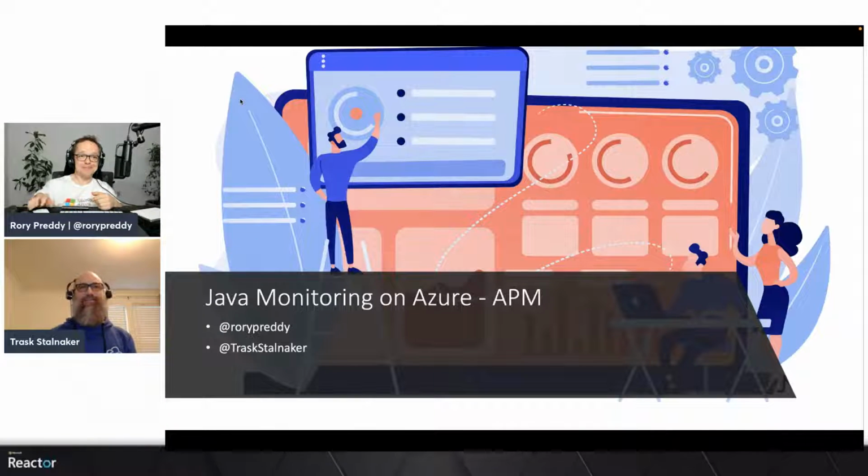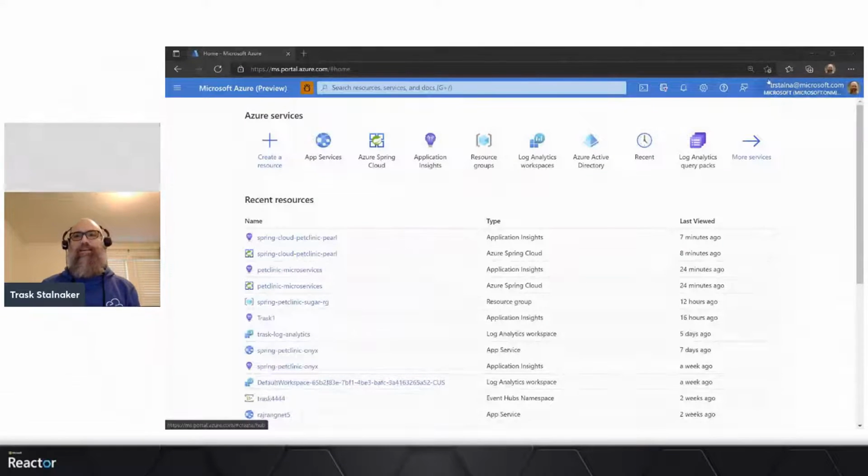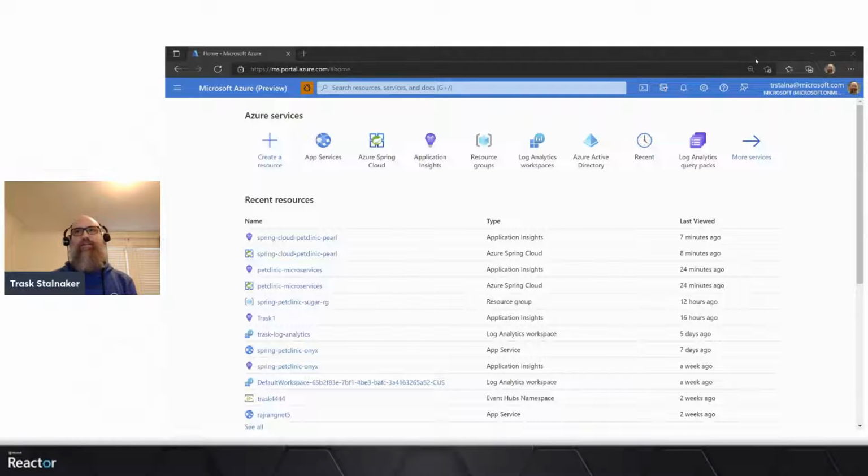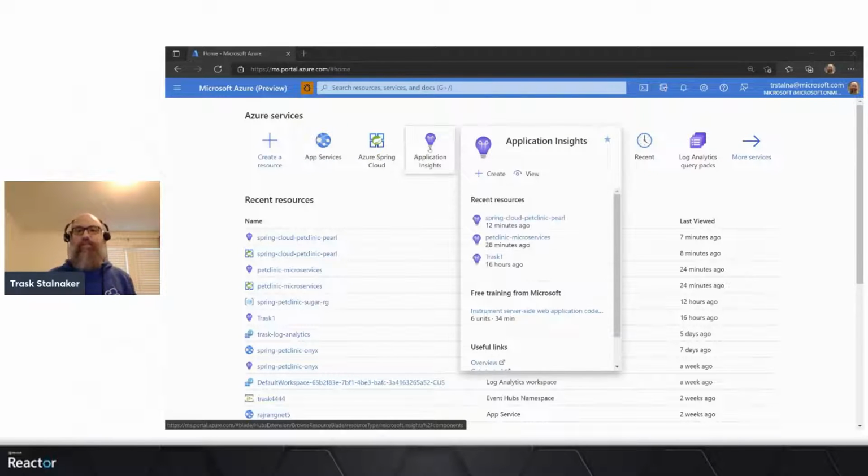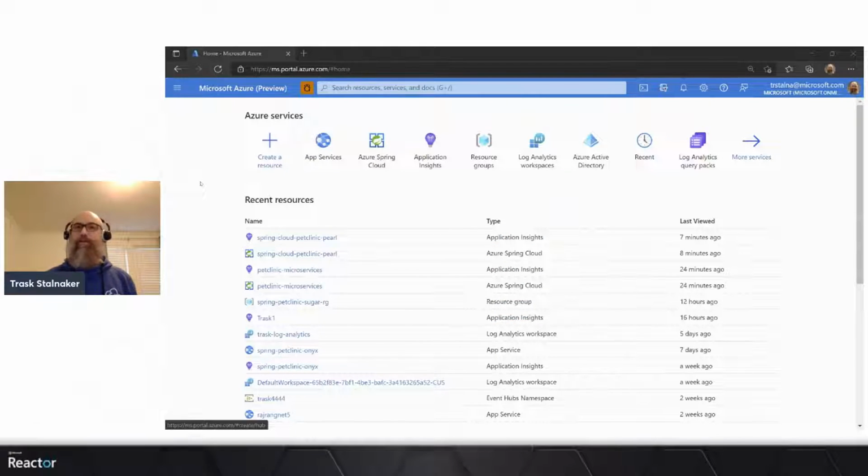Awesome. Thanks, Rav. Thanks, Rory. So I will share my screen, and we'll get right into some demos. I want to start with showing you Application Insights Java, how you can add this to any application that you have and get application performance management information, your requests, your SQL queries, your performance, your distributed trace map